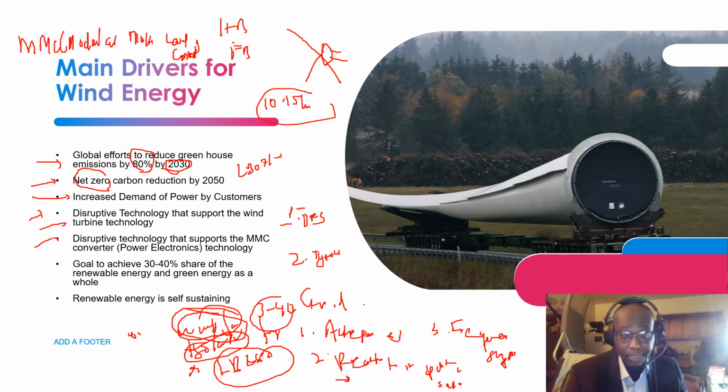An example for the half-bridge is that it has a lower number of IGBT switches, insulated gate bipolar transistors. So it results in lower cost and lower conduction and switching losses. On the other hand, the full bridge has 4 IGBTs, so that translates into higher cost, higher switching losses, and higher conduction losses. That is a difference. And the half-bridge submodule lacks the ability to block and control fault current. Comparably, the full bridge has the capability to block and control the fault current